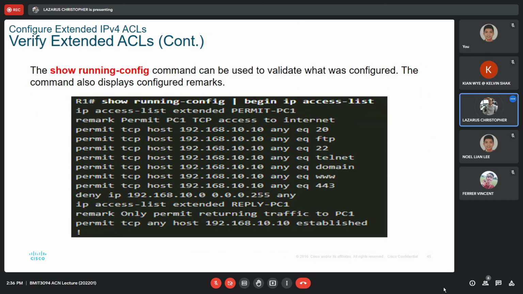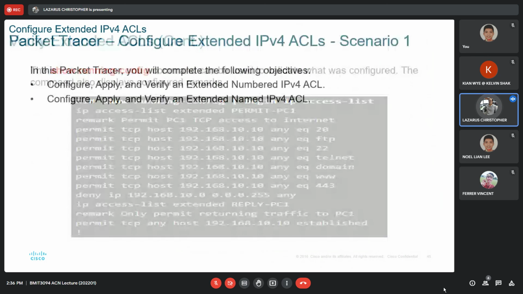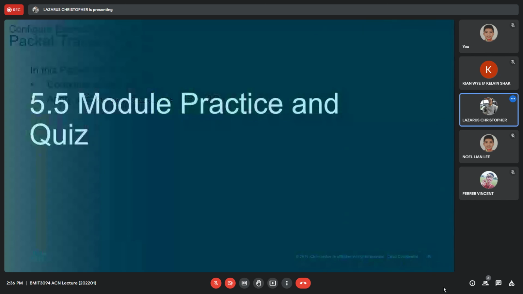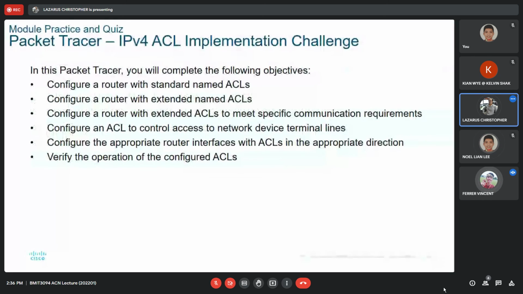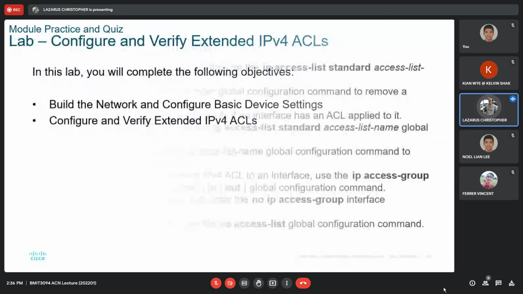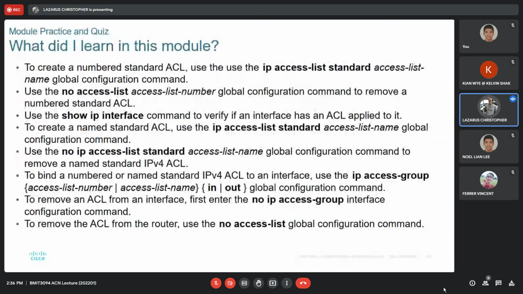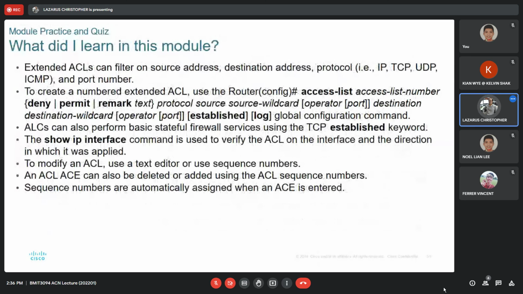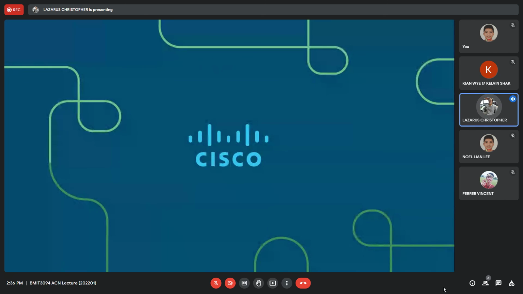Right. Okay, any questions from you guys? No. So yeah, that was all about the configuration part, the syntax. All right. So syntax and a few examples of how